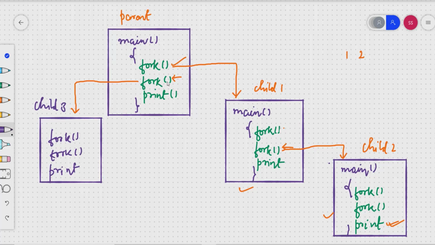Since the second statement in the parent has been executed, it will start executing the next line, which is the print statement. So this print statement will get executed and something would be printed to the console. So this is the third time something is printed. And if we go back to the parent process now, we will see that the printf line is still to be executed. So it will print something to the console. So there are in total 4 printings to the standard out.